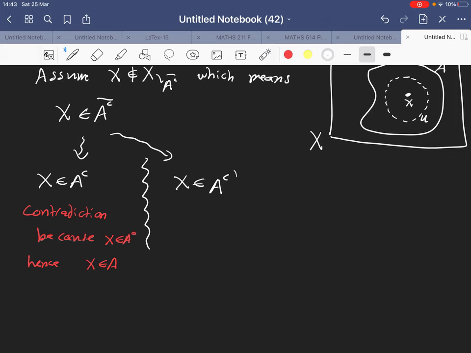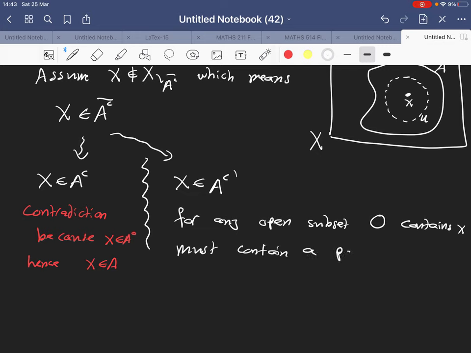Now, a limit point of the complement means, to remind you of the definition of the limit point, that any open subset, let me call it O, that contains X must contain a point of the complement. But again, this is a contradiction. Why a contradiction? Because